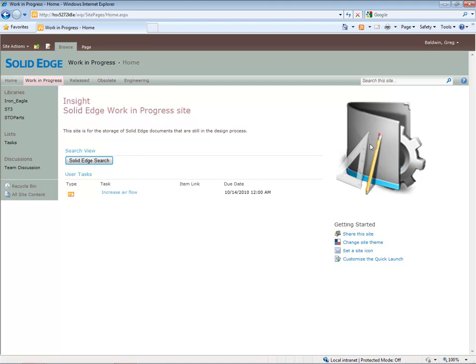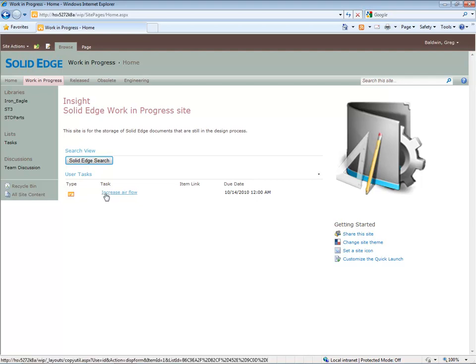So I've added some descriptions, and I've added just a quick image on here to let you see what it looks like. I'm an owner of the group, so I get extra privileges. I get these commands here to make customization changes, but there again, that's a permission that can be set. I've added a web part, which is a web part that we provide for Solid Edge searching capability, and I've